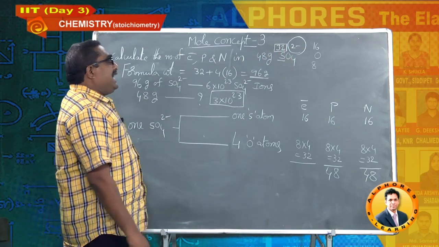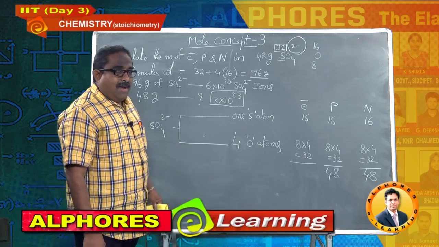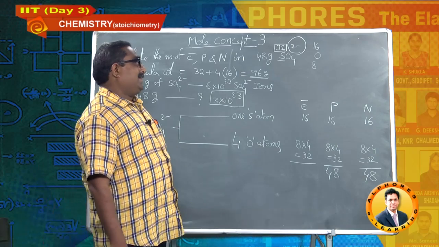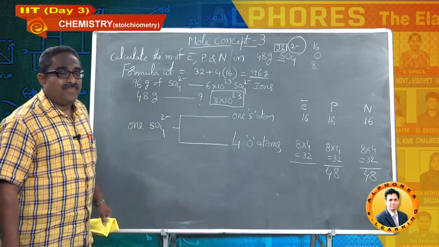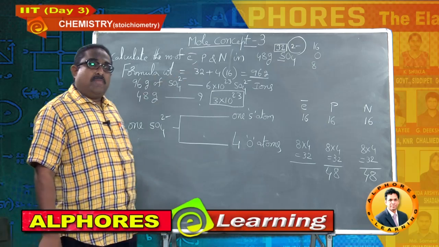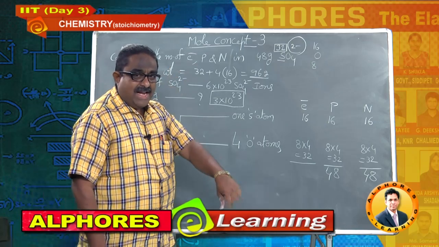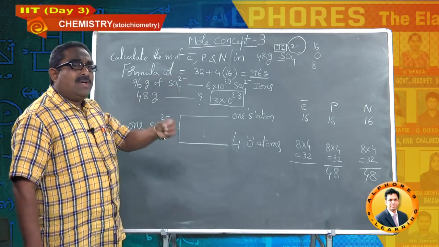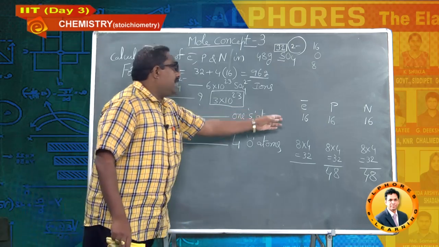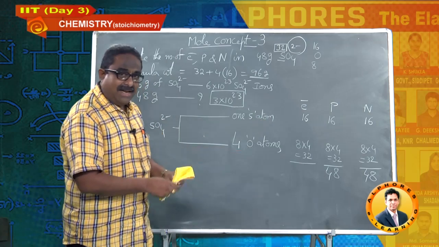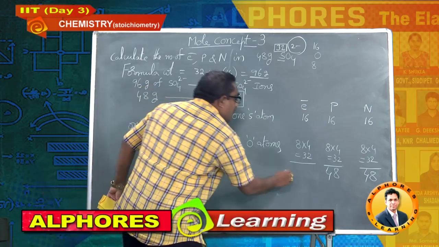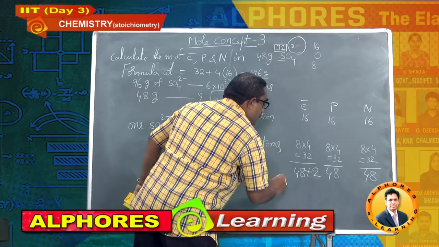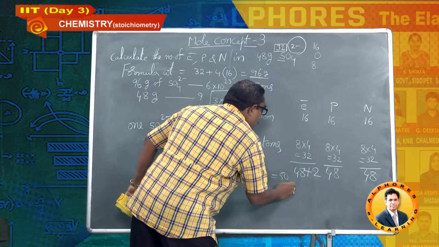In chemistry, negative means gain of electrons; addition of electrons will result in the negative charge. That sulfate ion possesses 2 units negative charge. It means it possesses 2 electrons apart from all the electrons present in the respective atoms. So this is 48 plus 2, you should write it as 50.